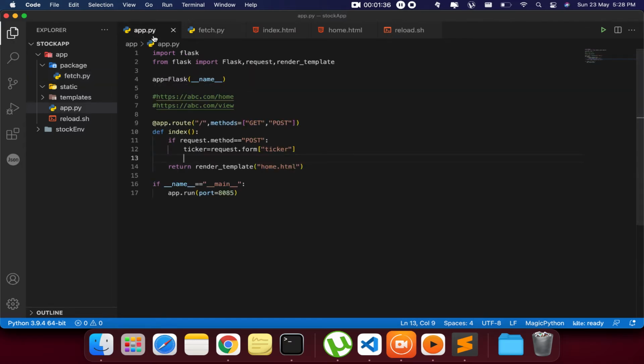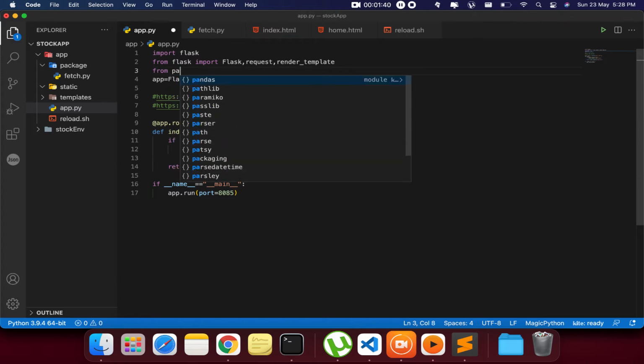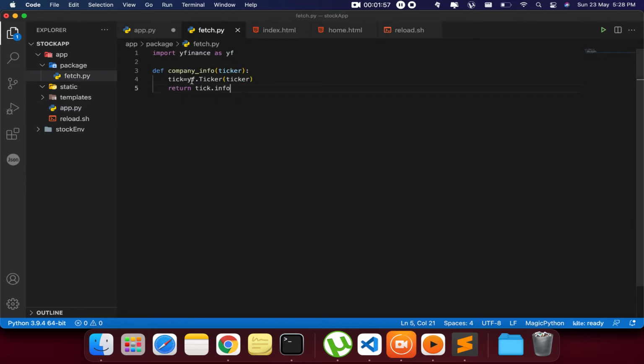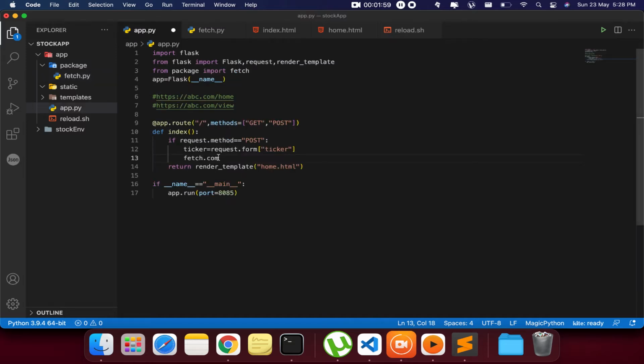Now in app.py, let's import from package import fetch. And here we'll call fetch.company_info of ticker, right?